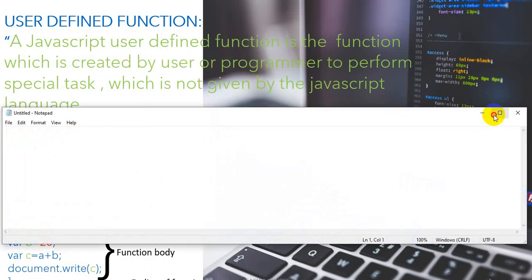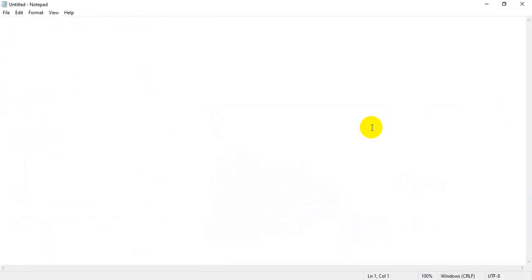If I ask a question, student, how can you declare a variable inside JavaScript, you will say, sir, first we have to write var, then the name of the variable. Then if you want to assign some value at the same time, you will write 10. So if you remember, var is a keyword. What is meant by keyword?